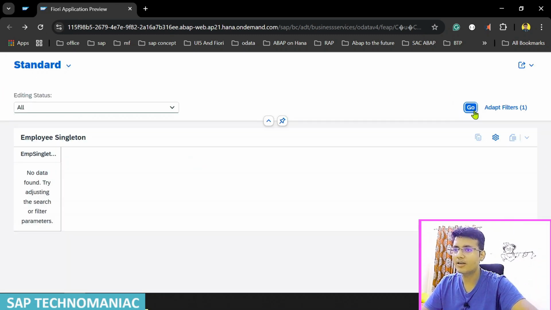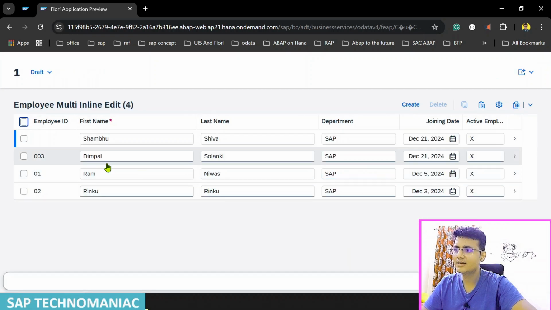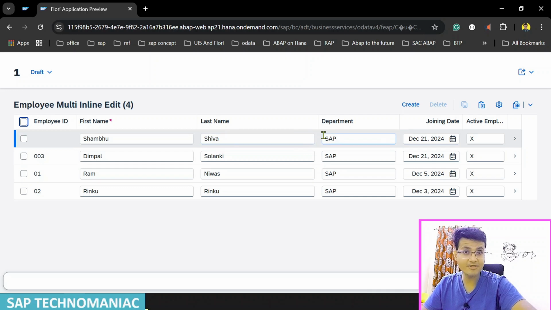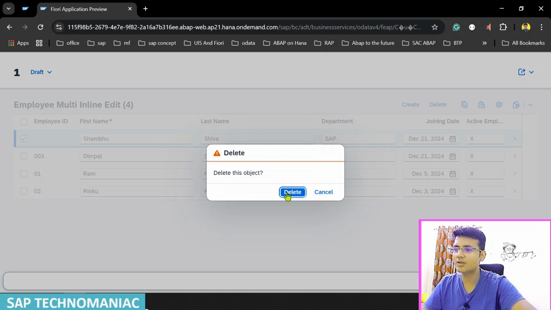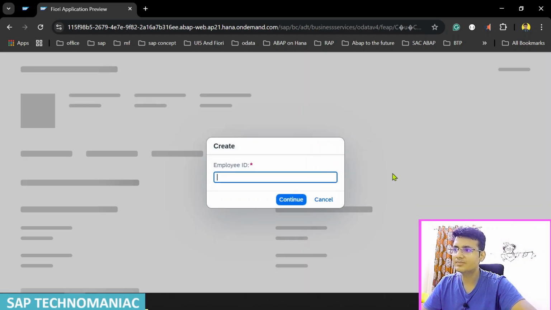And click on the Go button. Click here. I can see my draft entry as well now, but I just want to delete it. This is not a valid entry. And now let me create again. Now it is asking for employee ID since it is the mandatory field here itself. So let me give some employee ID 04, continue,